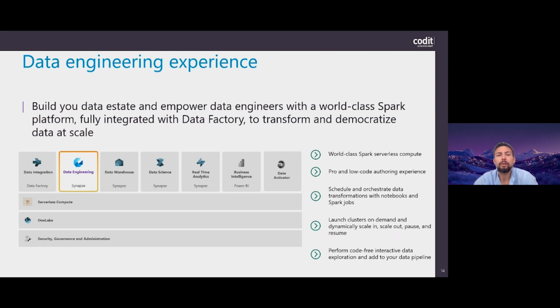So here you can use a Spark server to run all of your workloads using low code, or you can write Python, SQL, and all of those kind of languages that you prefer into your notebooks. And then you can also integrate those notebooks into the Data Factory experiences. So when you're integrating data, the data is immediately also processed and also properly stored afterwards.